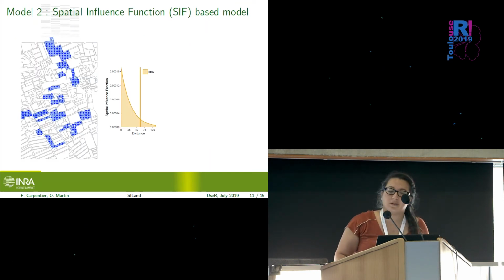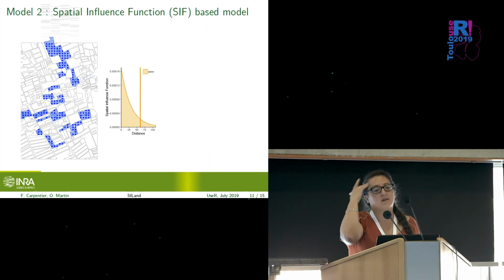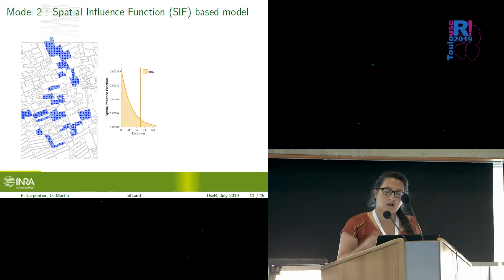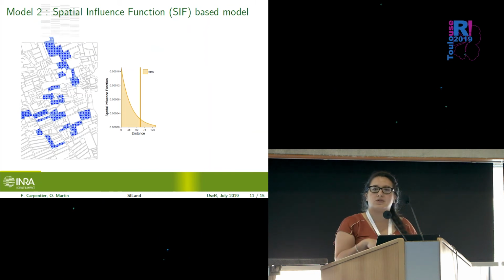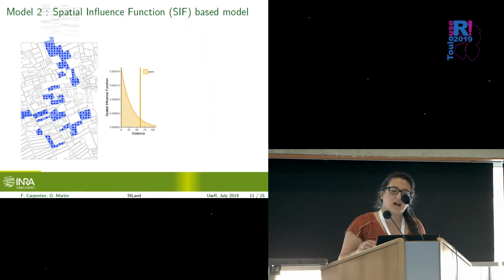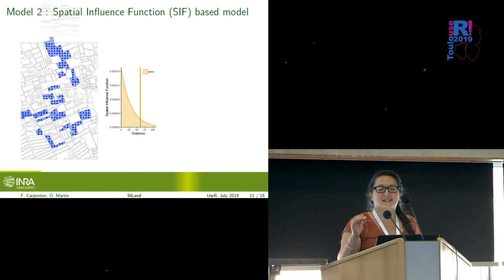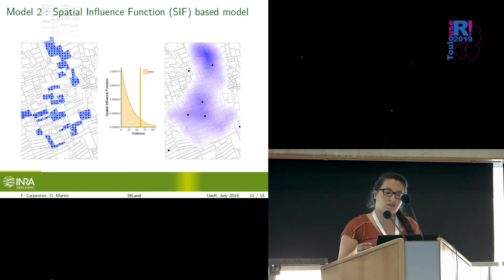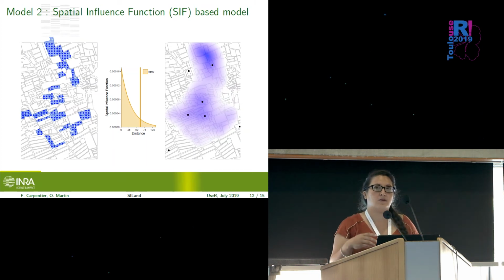The second model we consider is based on what we name the spatial influence function, SIFE. The idea is to discretize the observation on a grid and consider that each point of the grid has an influence that decreases with distance, and we model these influences using the SIFE function. Knowing the location of the landscape variables and the SIFE function, we can compute over all the landscape the influence